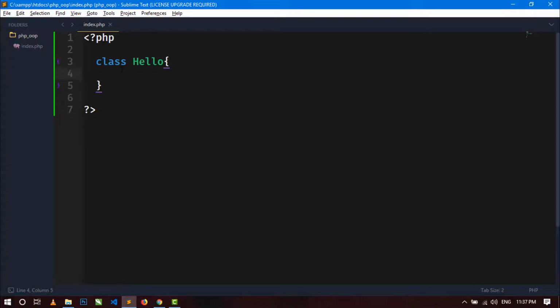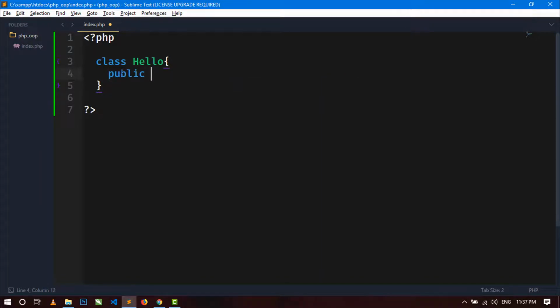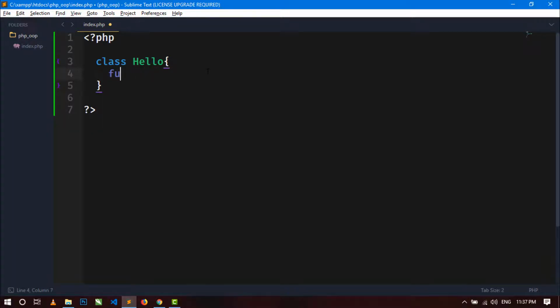variables, member functions. So for creating member variable, you have to just write the access specifier and the name of the member variable. Okay, like this. But in this video I'm not going to show how to create a member variable. I'm just going to create a member function. So for creating member function, you have to use this function keyword and then the name of the function. So here I am using say hello